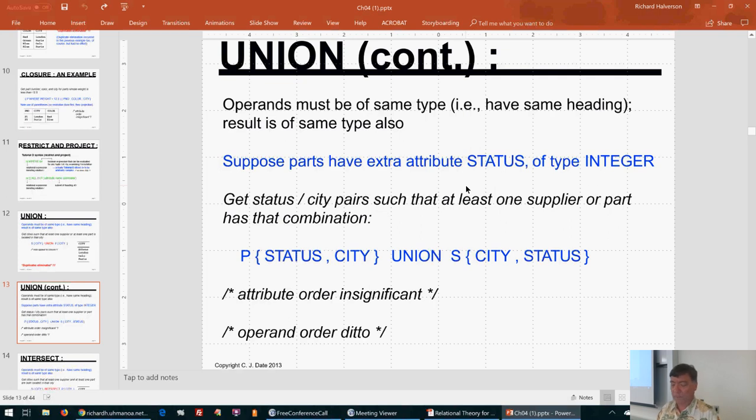The point here is simply, well, we know what union is, but this also drives home that the order of the attributes doesn't have to be the same. They probably do in SQL, but